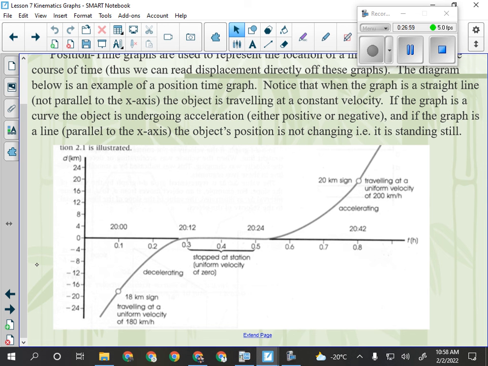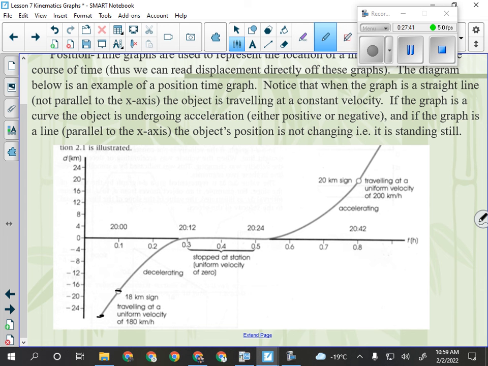Now, when I look at this graph, the first part of this graph is just a diagonal line. So from here to the dot is just a straight diagonal line. If this graph is showing me position as a function of time, in this part of the graph, the object is changing its position. Would you agree? That's one of the first things we need to be able to do when we look at a graph, is look at it and go, what's happening? What is this graph showing me? This part of the graph is showing me an object whose position is changing. That would be the simplest